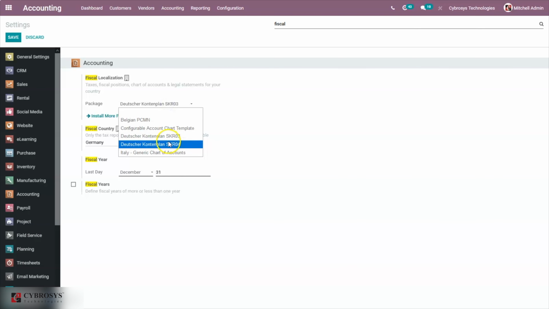So the main difference between these two lies in the account structure. The first one, SKR03, is basically used by small businesses and startups because this chart of accounts is based on the business process the company follows, not the financial statements.